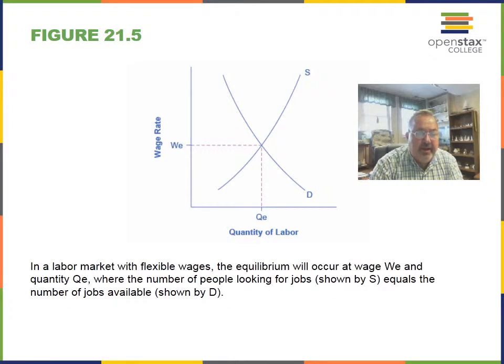With the supply and demand graph, we can look at the supply of labor and the wage rate and find an equilibrium point where the wage rate equals the quantity of labor supplied. In this particular example, demand is the employer's demand for workers, and supply is the amount of workers. We reach that equilibrium point where we have a market clearing price. In other words, all the workers that are supplied are demanded by employers.